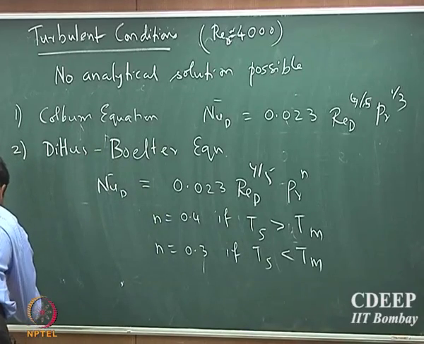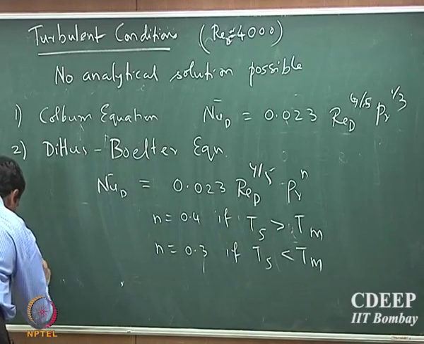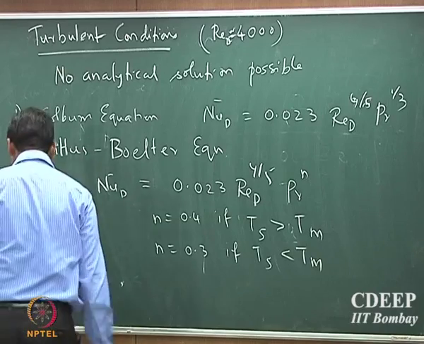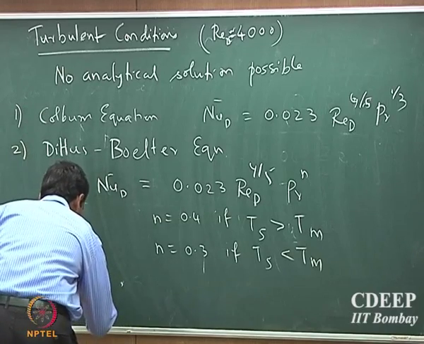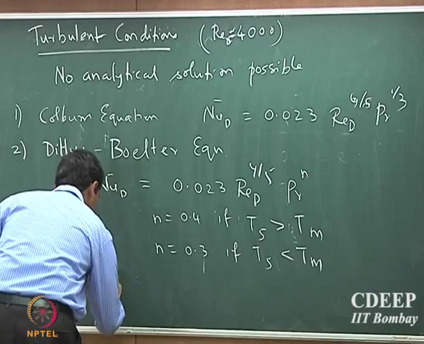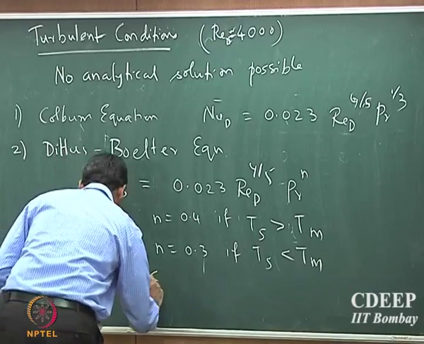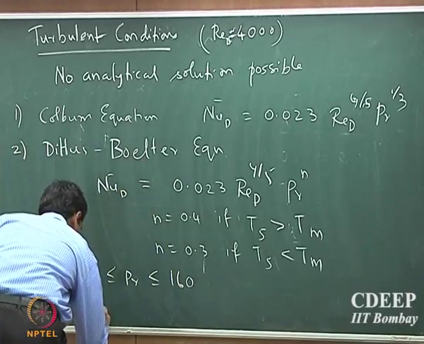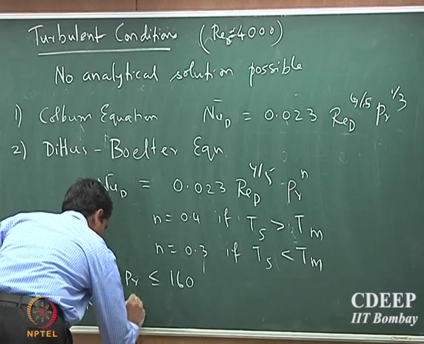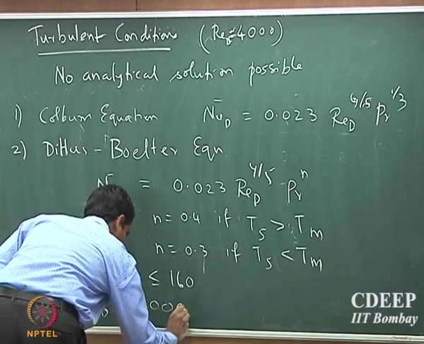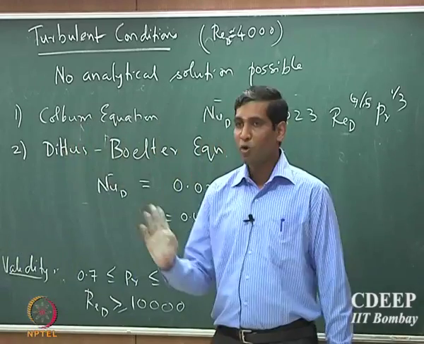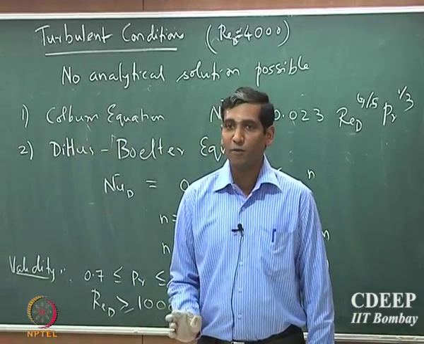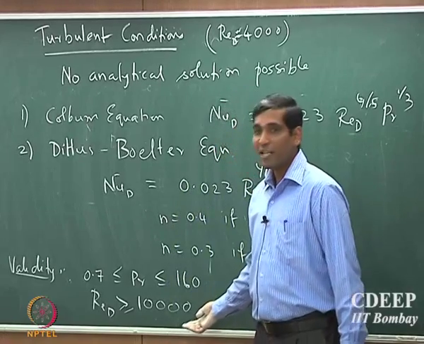So the validity is 0.7 less than or equal to Prandtl number less than or equal to 160, and Reynolds number greater than 10,000. Okay, those of you who have already performed the turbulent flow experiments, you have been told that the Reynolds